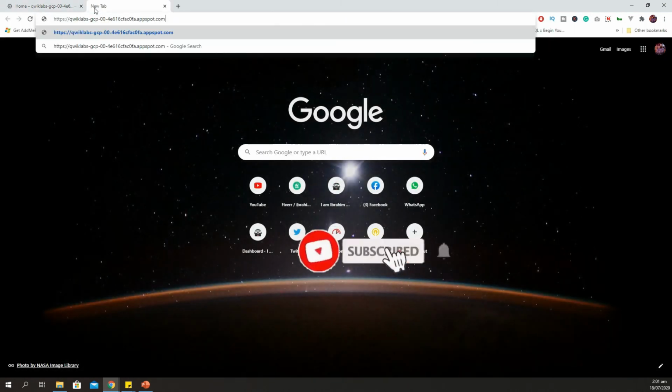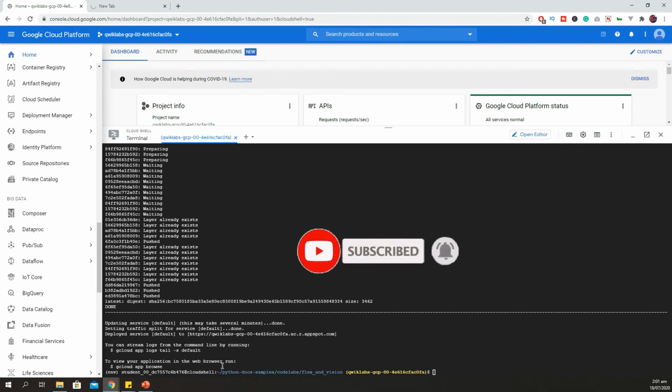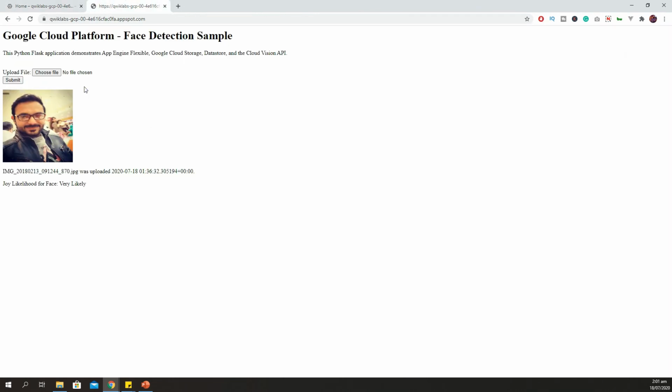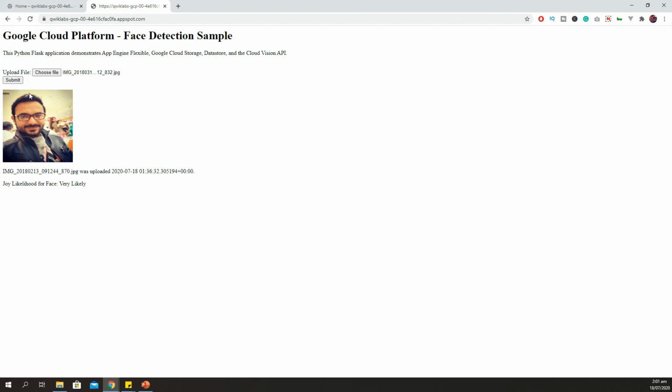Now we can test our app in the browser using our project ID. We will use our project ID.appspot.com to access our app, where we select an image and check if it's going to the database, and it's using Vision API to check how happy my image is.